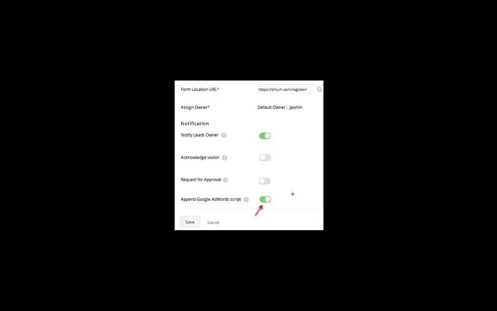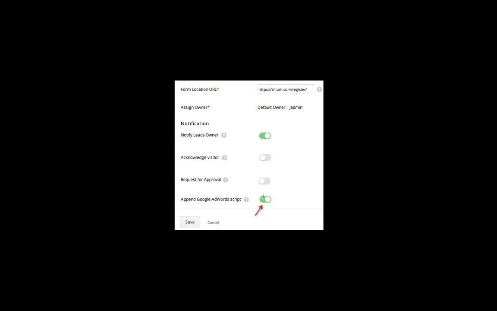Only once you have both these setups does data get sent successfully along with the Google contextual data, in terms of the ad ID, the click ID, and the other attributes, stored or passed on to the CRM system.